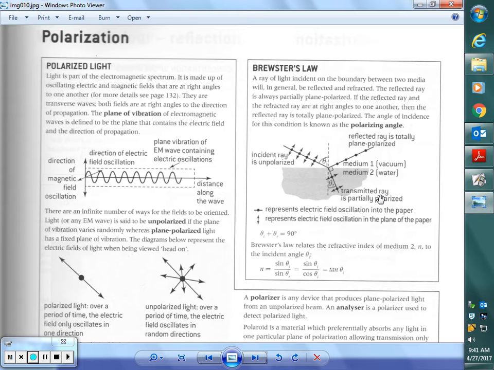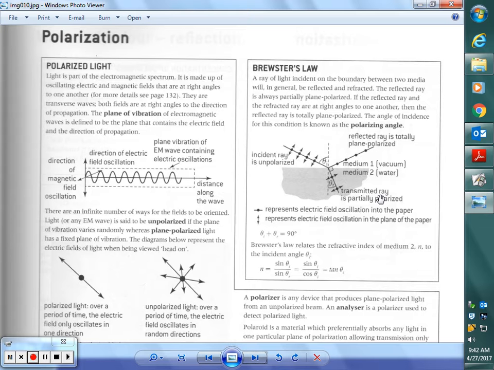So let's talk about polarization first. Here's the deal. When a light source produces light, not every light source, but a lot of light sources, they create light in all directions. But what we find is that light is basically a transverse wave. Not exactly, but for our intents and purposes, let's call it a transverse wave. And so that means it vibrates up and down as the wave is moving front to back, right? But what we find is that the requirement for something to be a transverse wave is that it's perpendicular to